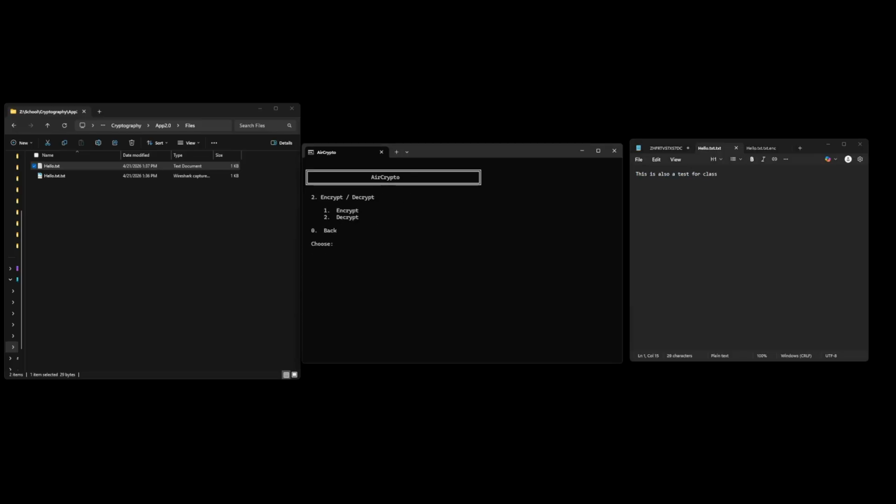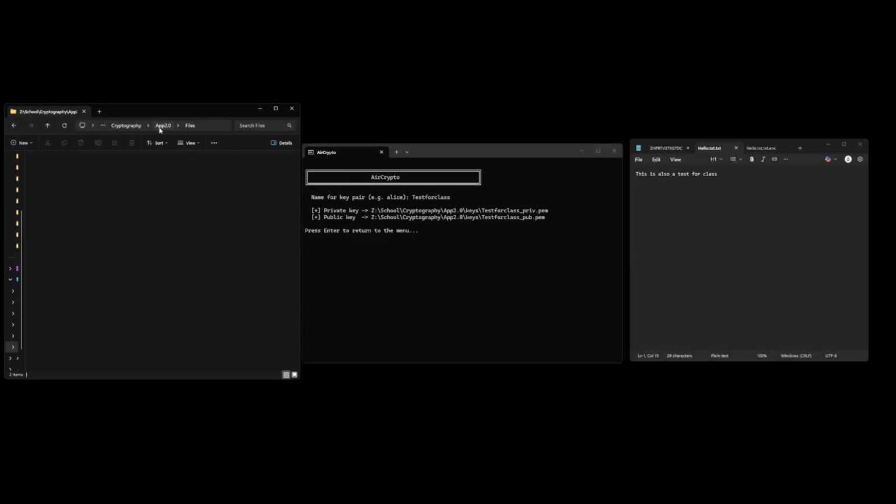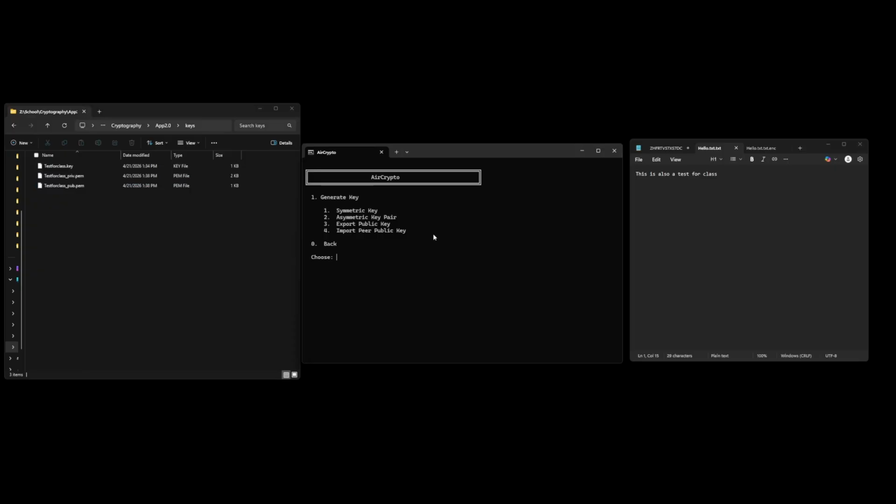Now we can do a generate key into an asymmetric key pair. We click on this, name for a key pair, test for class, and it makes a private and a public. So if you go back to keys, we have our public and private. So now if you go back, we can also export our public keys if we need to, or import another person's public key. But right now we're just going to go back to encrypt,